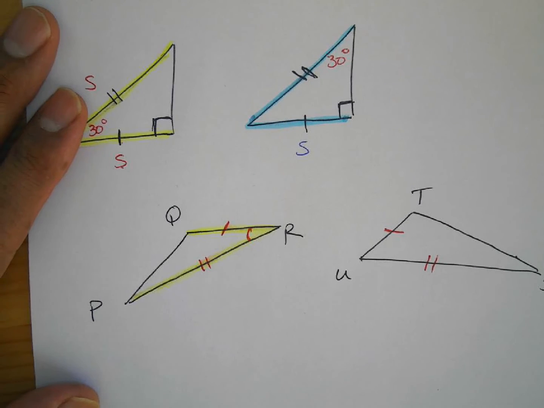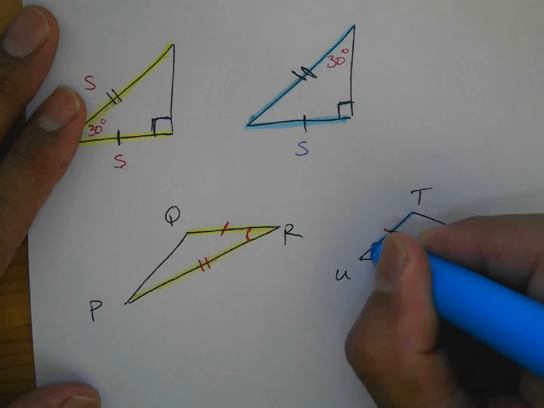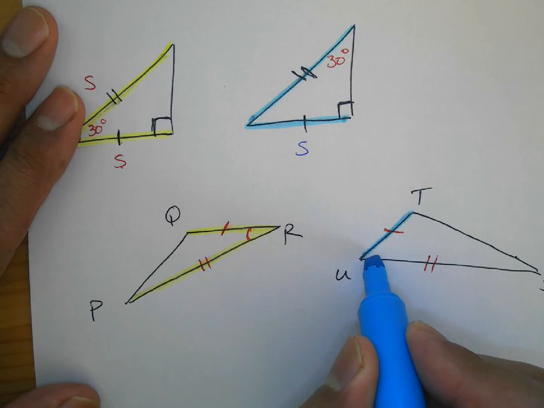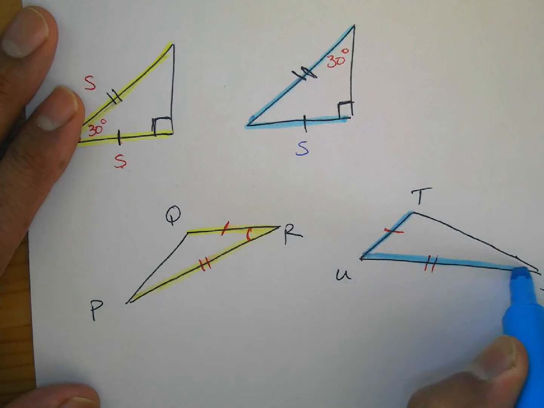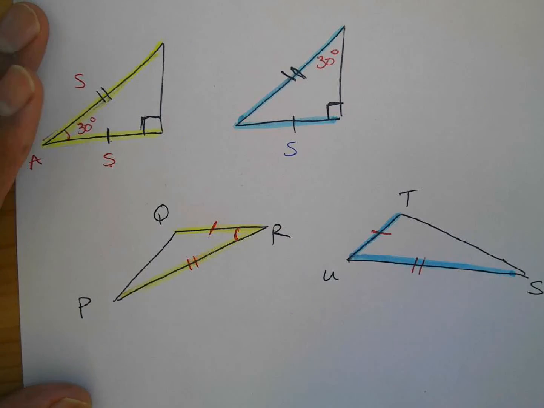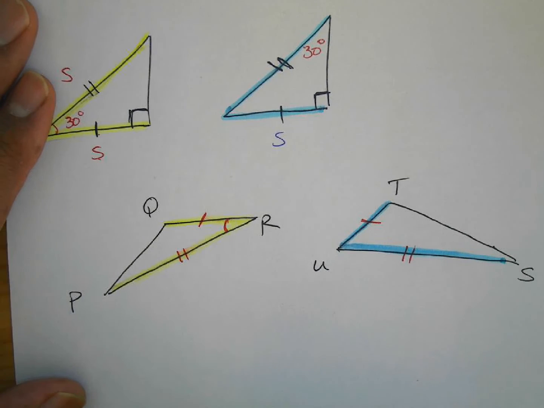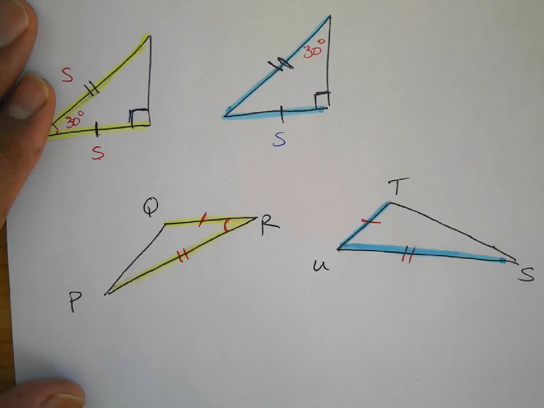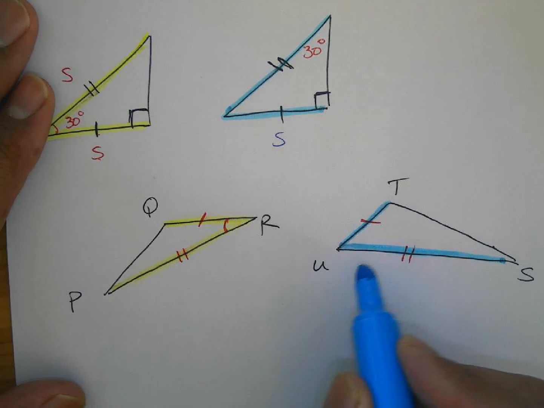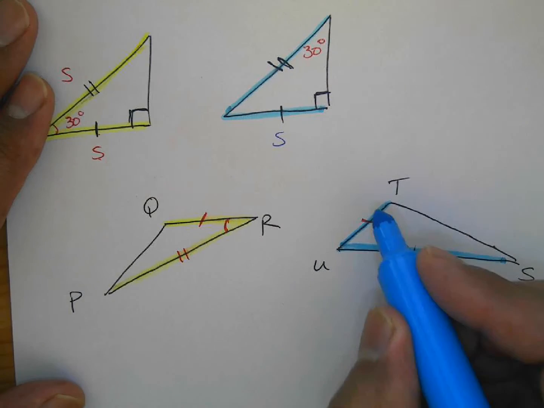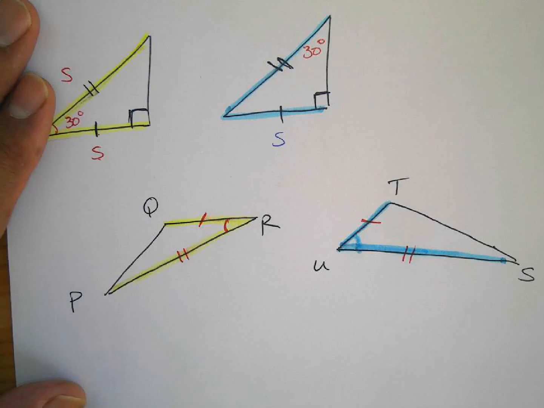And if I look over here and I highlight these, I highlight the sides of the 1 hash mark here and the 1 hash mark here. Which one is the angle? Remember, these have been rotated and flipped over, so I know they're not facing the same way. Don't let that throw you off. I know you think it would have been this one over here, but it's not. See, if I get this side, it has to be the included angle for these. So if I connect this side with this side, this is the included angle right here,